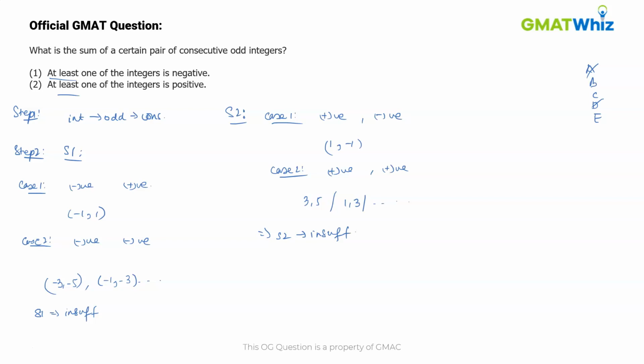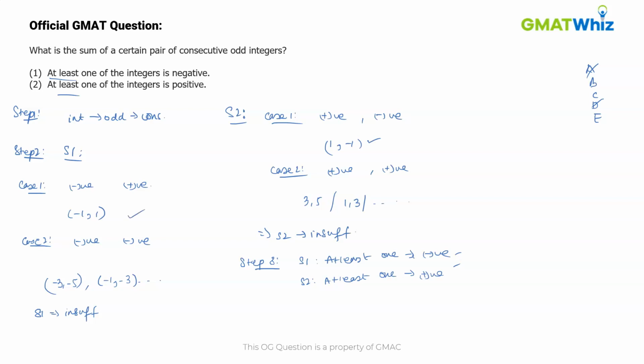We now move on to step 3, which is checking the sufficiency of both the statements together. Now from statement 1, we have that at least one of the integers is negative. And from statement 2, we have that at least one of the integers is positive. Now combining these two, we can see that the only possible option is when the integers are -1 and